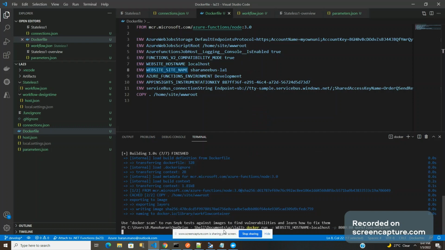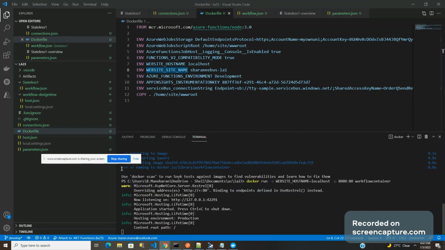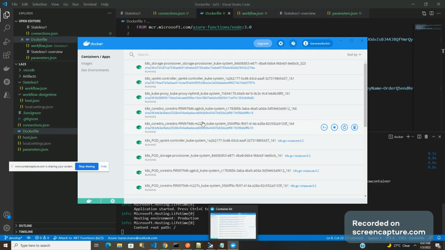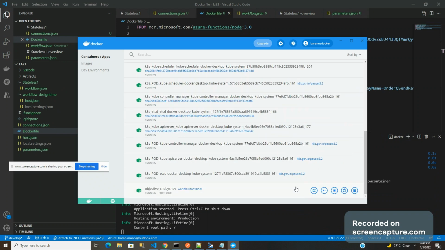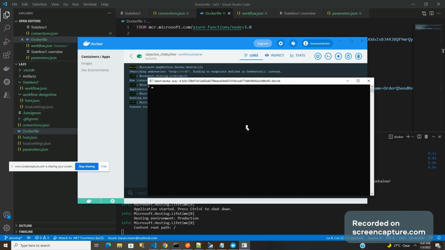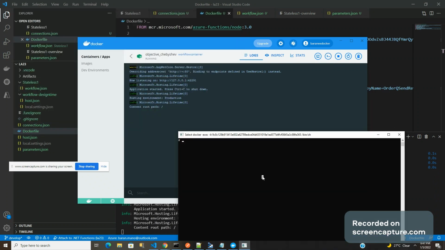It'll take a while to run this and host it in a local Docker image. Once that is done, you'll be seeing a full app running here. So this is the log page in the Docker Desktop. You can get access to the CLI, the bash command prompt. Here you can see